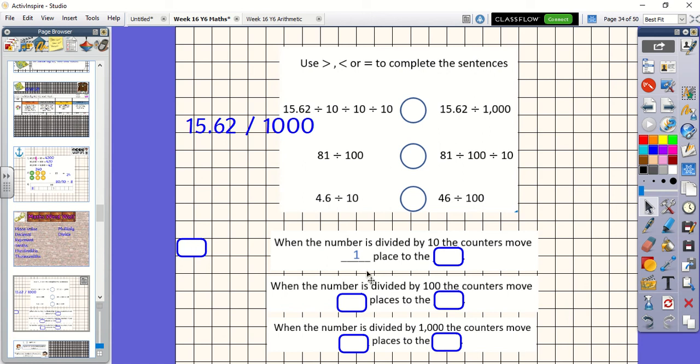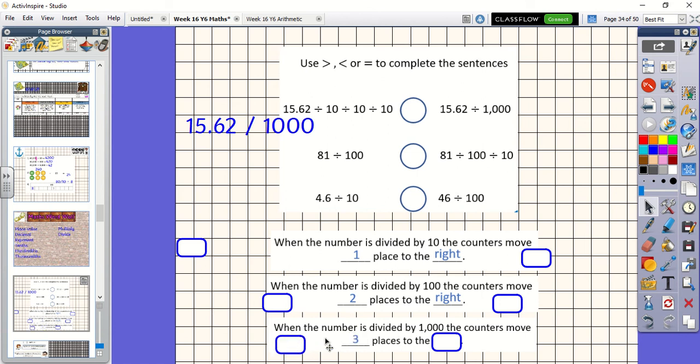But now we are dividing, we're making the number smaller. We are moving one place to the right when divided by 10. When divided by 100, we move 2 places to the right. Remember, you've got 2 zeros in 100, so you move 2 places to the right. And then finally, when dividing by 1,000, you move the numbers 3 places, because there are 3 zeros in 1,000,